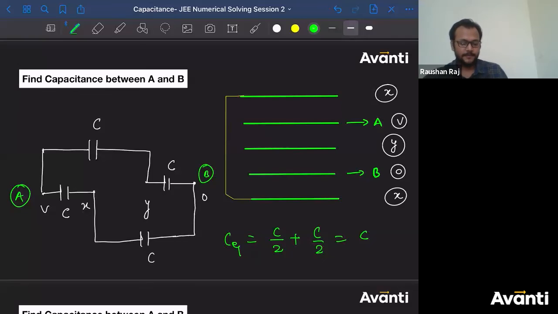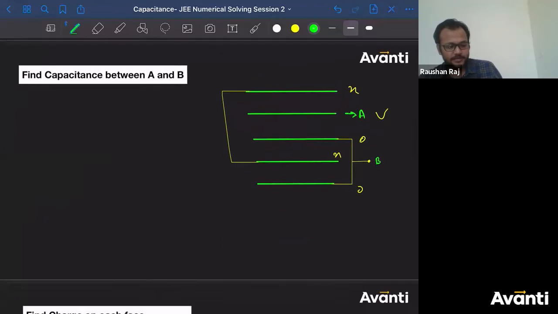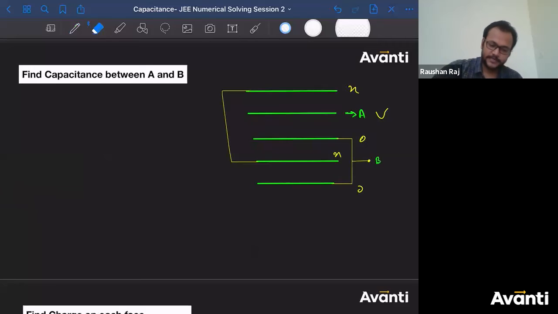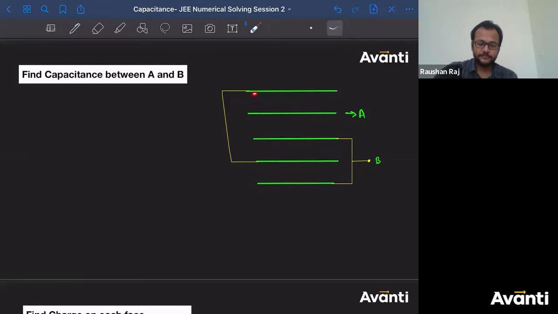Thank you, bachcho. Now, find out the capacitance between A and B here. This is just for the sake of practice. So, for the sake of practice, I'm giving you this question. Try to get the answer for this. Now, this first one and fourth one is in what? They are connected, and third and fifth are connected. You figure out, Kiran. You can figure out. I'm not going to answer for that.